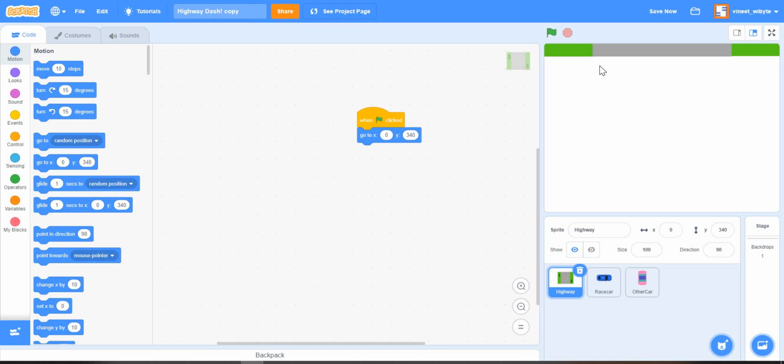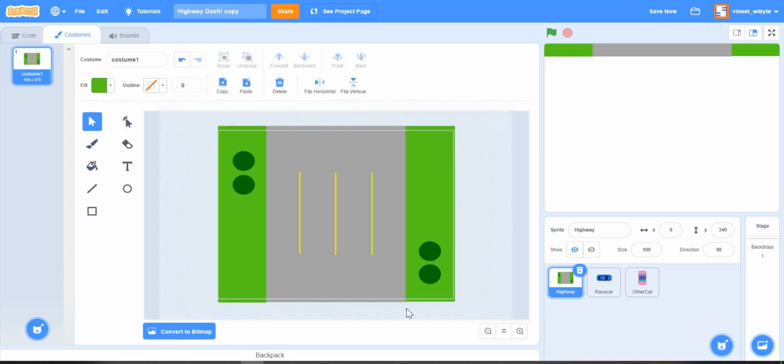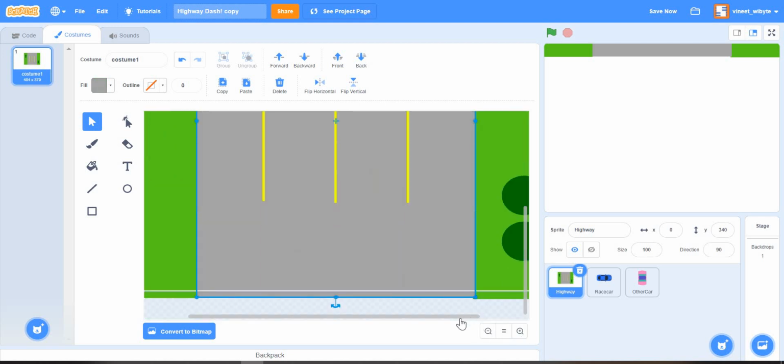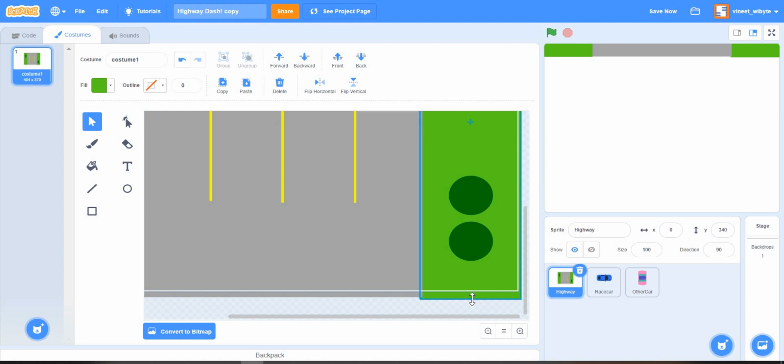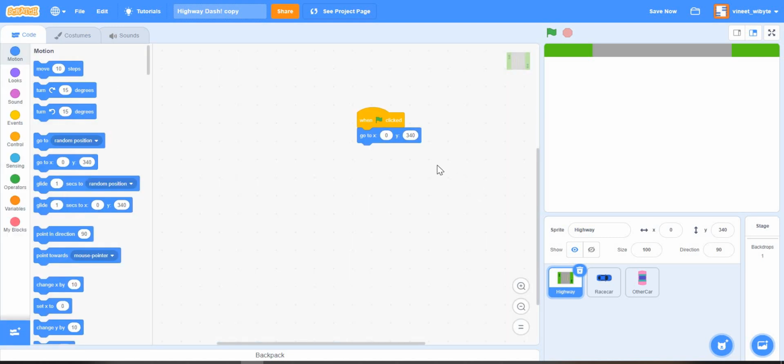remember, this costume is a little bit bigger than the entire stage, right? So some part of it is visible here. Notice there's a small glitch here. We can fix this right now. This has to be done a little bit patiently. So if I did this, it becomes nice, although it became a little bit big. So you have to zoom out a little bit and fix this. Just a little bit of patience and it works well. You can extend this a little bit down. Okay, so now notice that when I move this to XY 340, right?